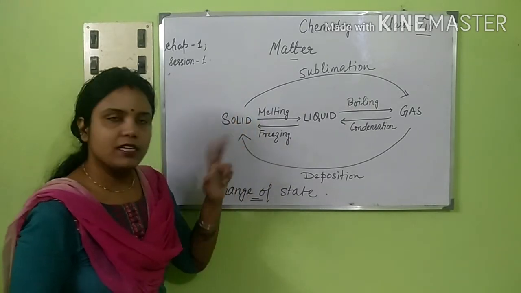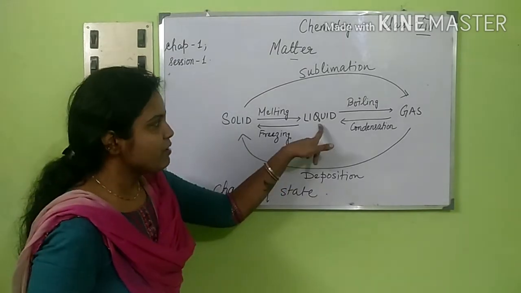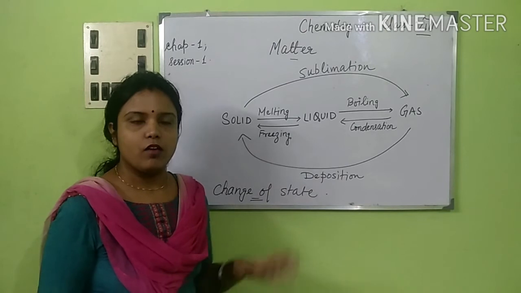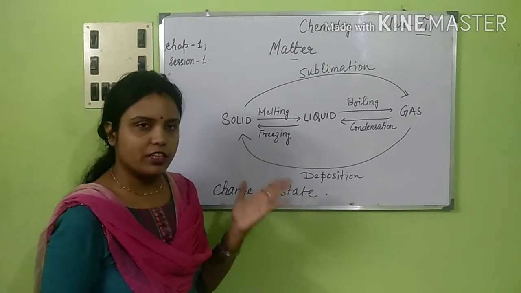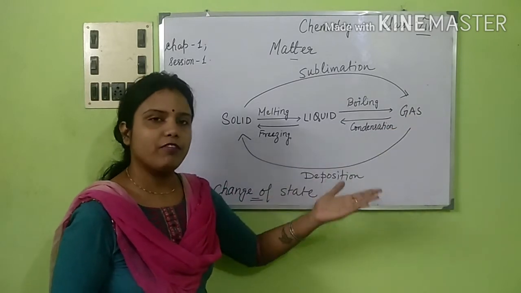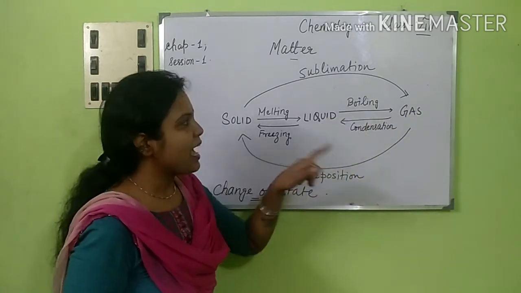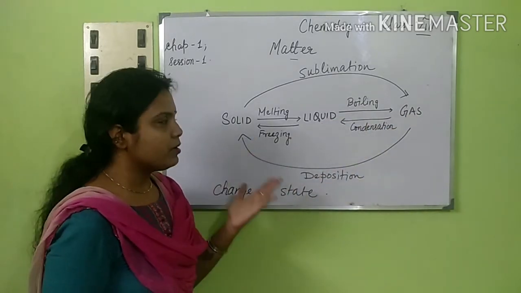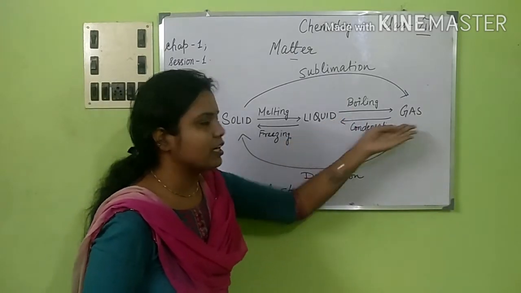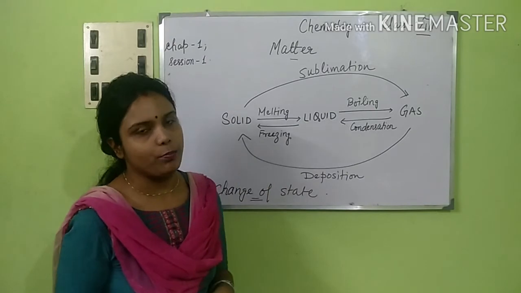Melting point, freezing point. Okay, same for when your liquid changes to gas, which is called boiling. When the change of state takes place from liquid to gaseous form or the vapor form, it is known as boiling. And what is the boiling point? At a particular or constant temperature, when liquid changes to gaseous state, it is called the boiling point.